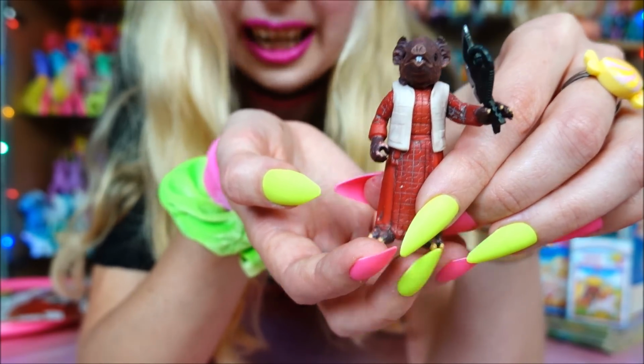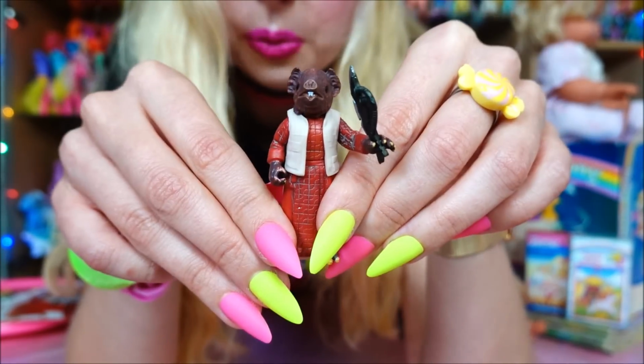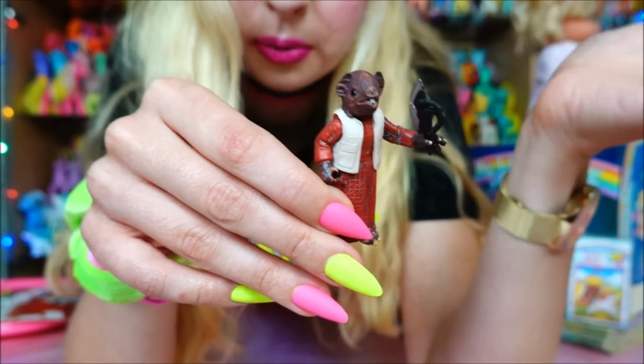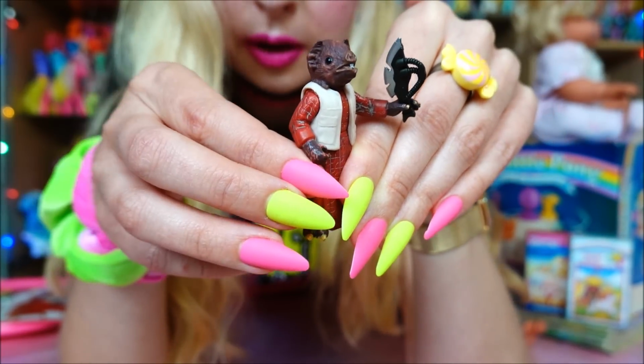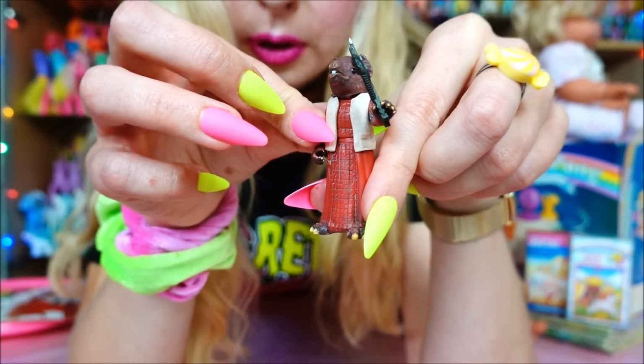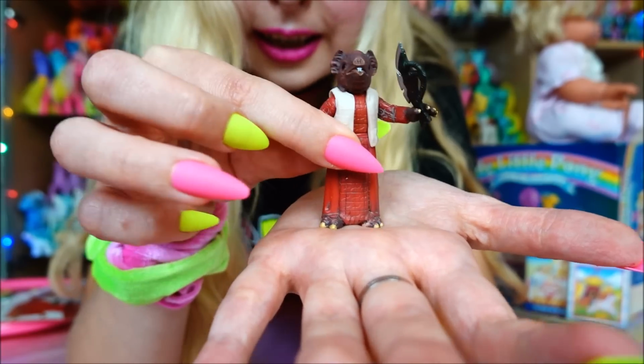But this was kind of an early online exclusive, so I don't think it was released again on its own. This is the original weapon that came with both releases, so it's probably the release from 2006, where it was the same mold, a little bit painted a little bit differently. But yeah, this is the only way I can have this figure, so there's not a vintage one of